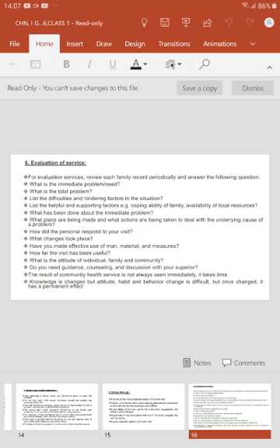So what changes took place? After the home visit, whether they are following, that means they are achieving the goal, okay, so we can understand whether they have achieved the goal or not, and how far the visit has been useful for those people. So rating wise, we can give the evaluation of services. Do you need guidance, counseling, or suggestions from the superior nursing services or healthcare services?